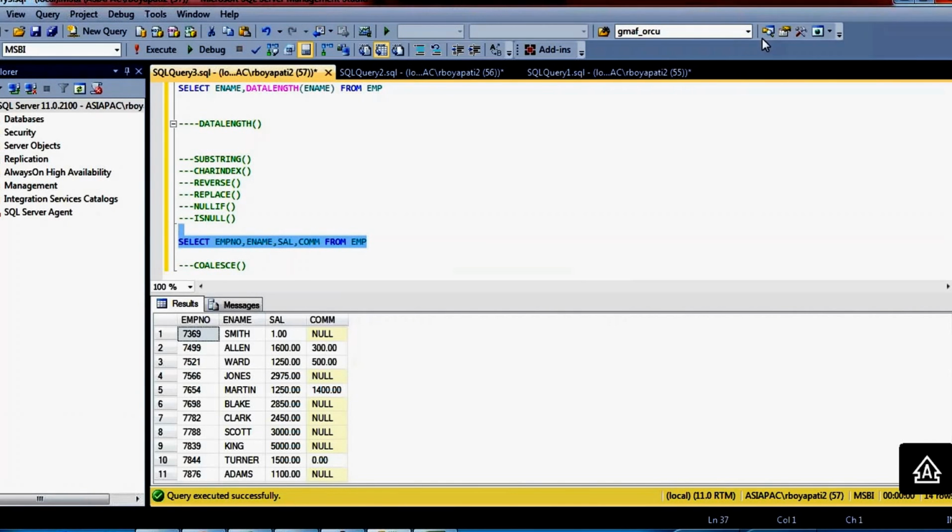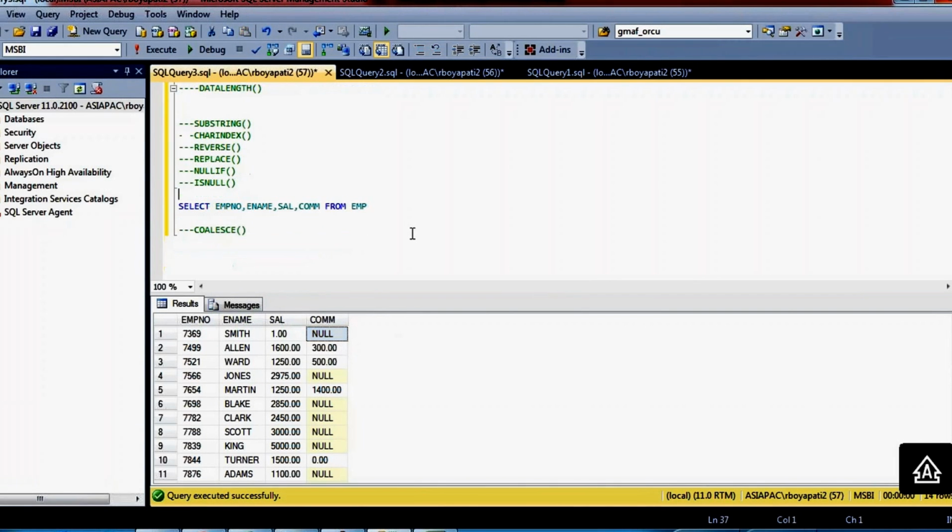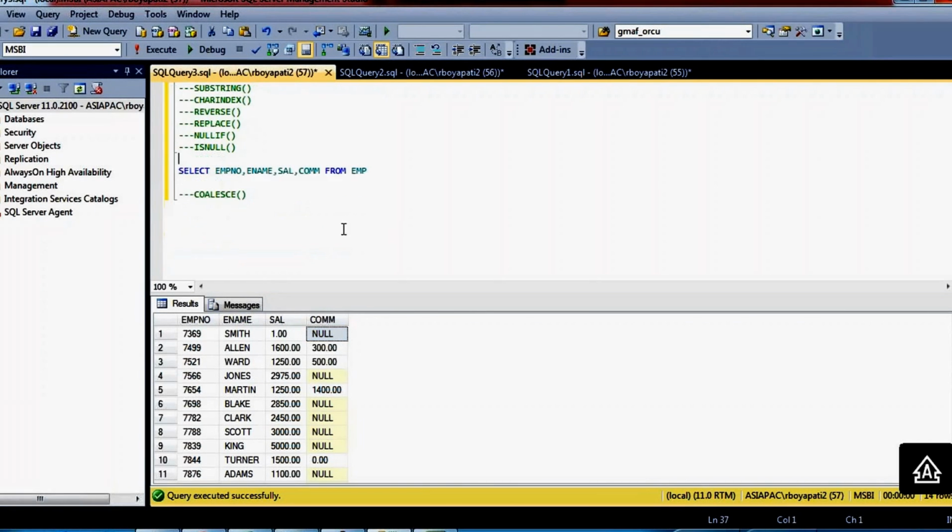So it is giving this result: employee number, employee name, salary, commission. If you observe, for some of the employees the commission is a null value. So what I want to do is, wherever the null value is displayed, I want to replace the null value with 0 or 1000.